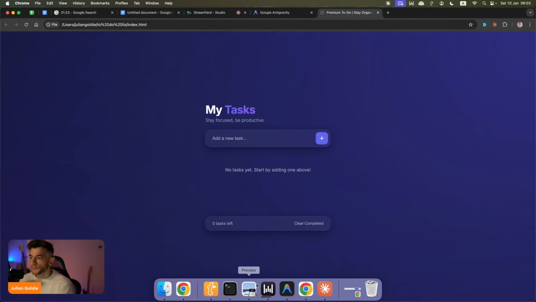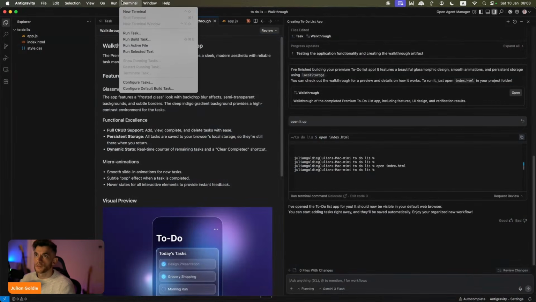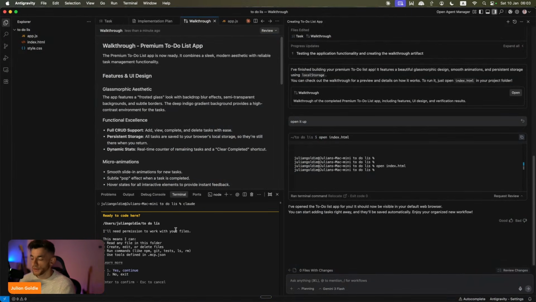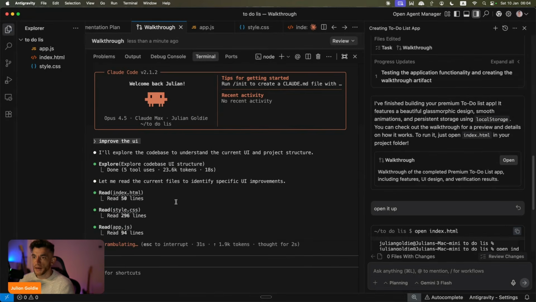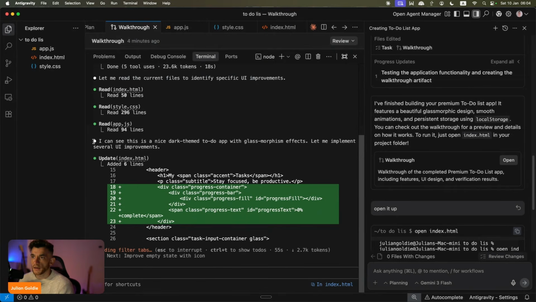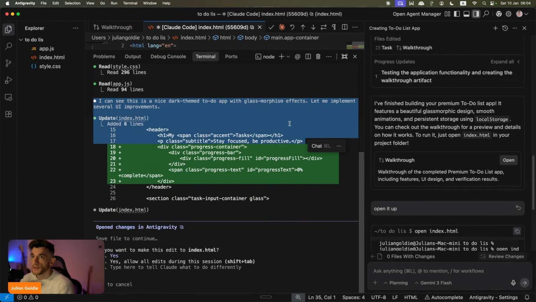All right, cool. So what we can also do here is if we go to Terminal, new terminal, click on Claude. It will say, are you ready to code? I'm going to say yes. And then we can actually use Claude as well in the power of Claude Code, which is a far better API for coding directly inside Anti-Gravity. So we can create the base with Anti-Gravity, and then inside this section, we can use Claude Code to improve the UI or add more features, right? So if we click on that, boom, we're good to go. So it's reading the files and it can begin to improve and edit the UI and everything else. And you can see it says, I can see this is a nice dark themed to-do app with glass morphism effects. Let me implement several UI